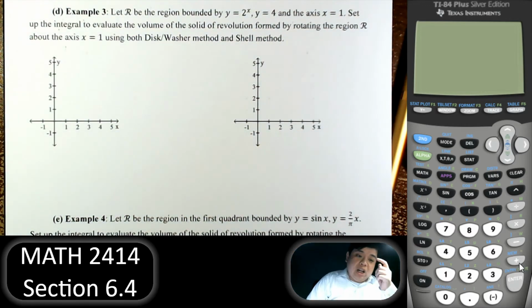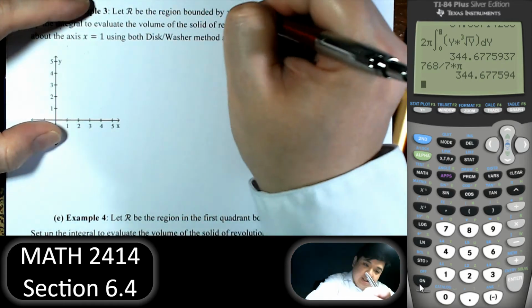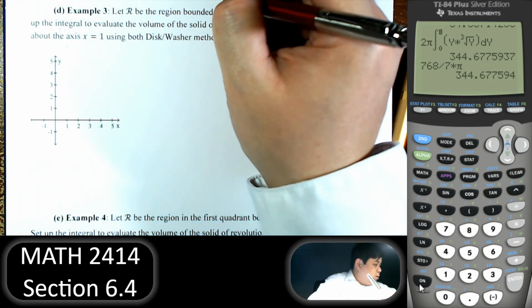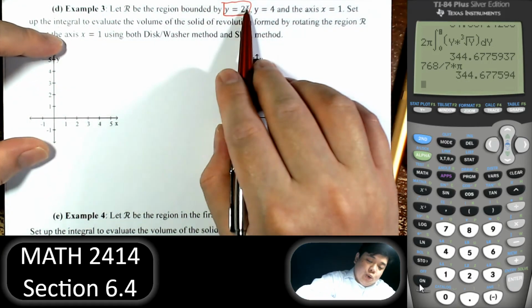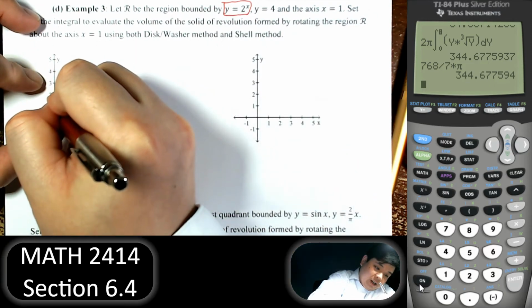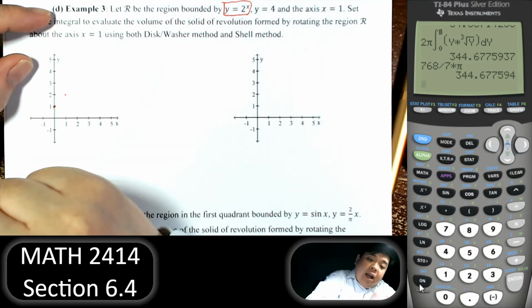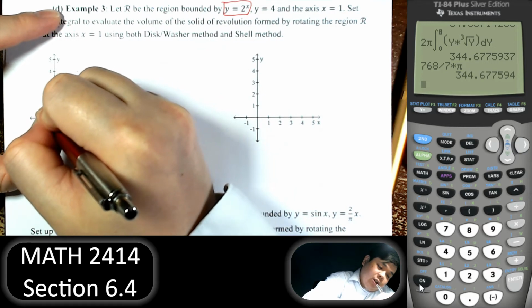Let R be the region bounded by y equal to 2 to the x power, y equal to 4, and x equal to 1. So what does the graph of y equal to 2 to the x power look like? When x equal to 0, 2 to the 0 power is 1. When x equal to 1, 2 to the first power is 2. x equal to 2, 2 squared is 4. So I have an exponential function